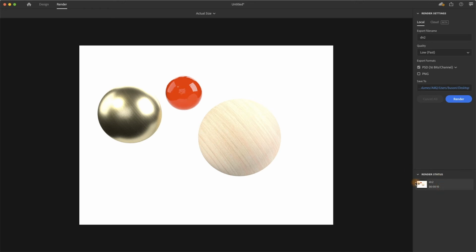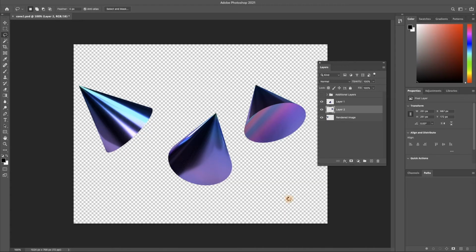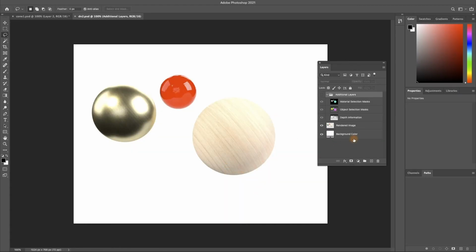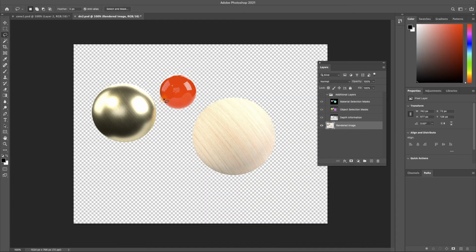Okay, so let's go here. And when you finish, you're going to go to dimension and click this drop down icon here and add it in Photoshop. So when we get it in Photoshop, the first thing you want to do is remove the background. So just remove background. Here we have this one. And you see this is white color because the reflection is very strong light. We can definitely adjust it before we render it. But in this case, this creates one example of a way we can use those selection